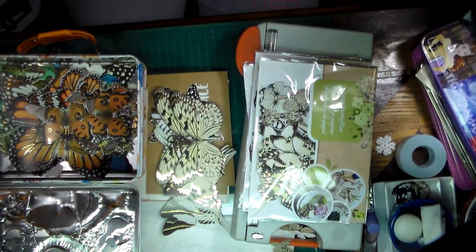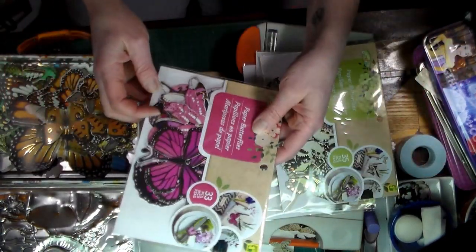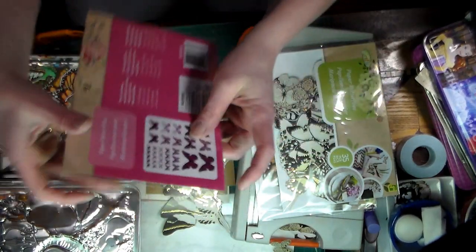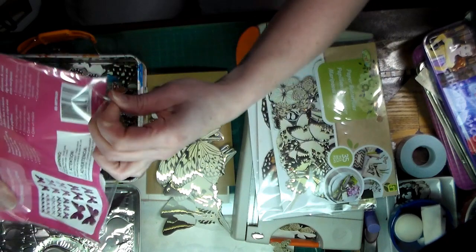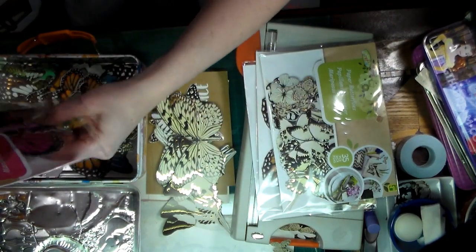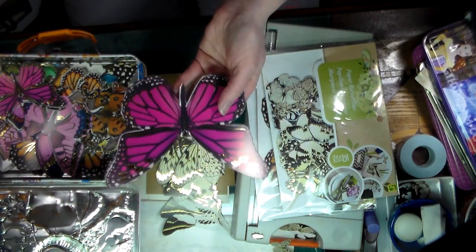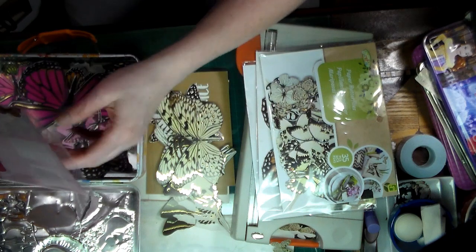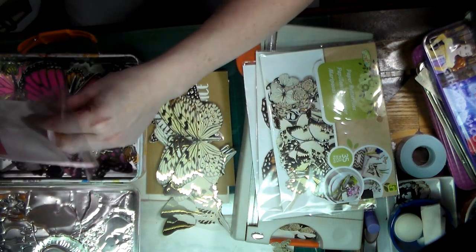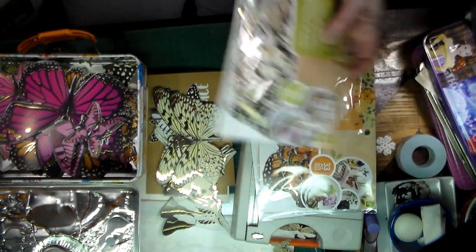But I only took a pack of the pink ones because it doesn't look too realistic to me. But I thought it might be pretty on a card or something, so I still purchased them. But you've got to admit that the chance of you meeting, well, maybe in some tropical places, but not around here. Okay, so